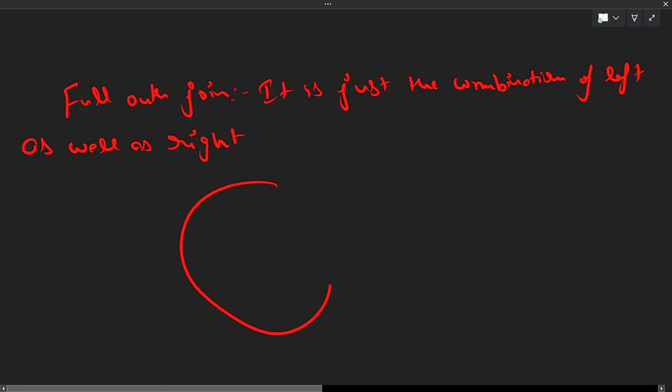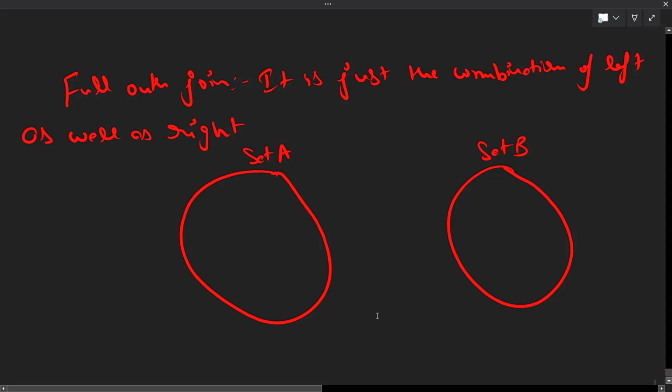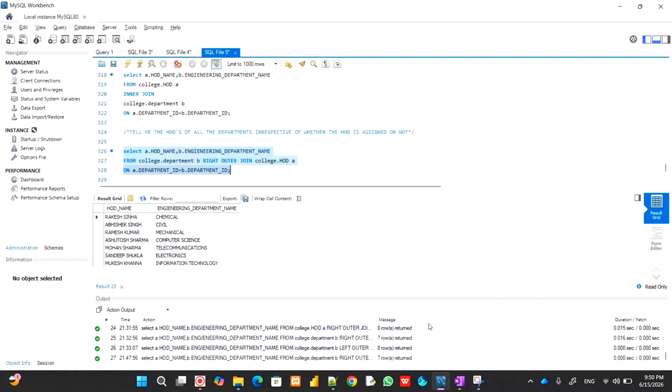This is set A. This is set B. Full join simply means that it will combine both of them. Okay, this will be there, this will also be there and this will also be there. Let's see over here. If I take an example of full outer join,